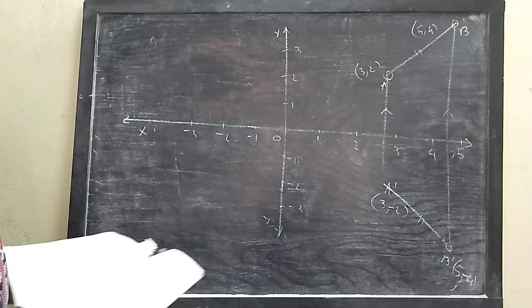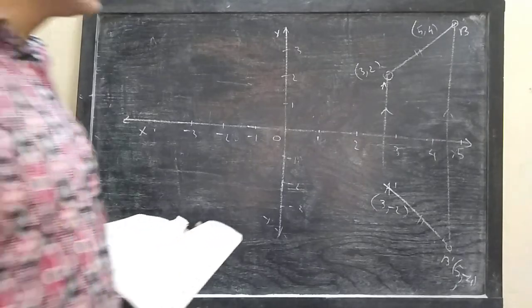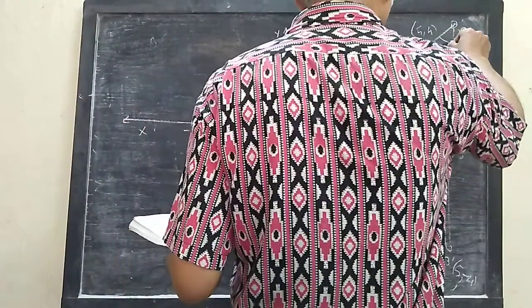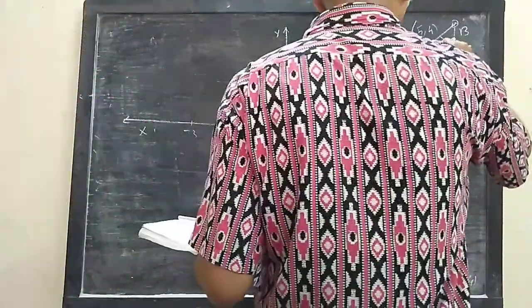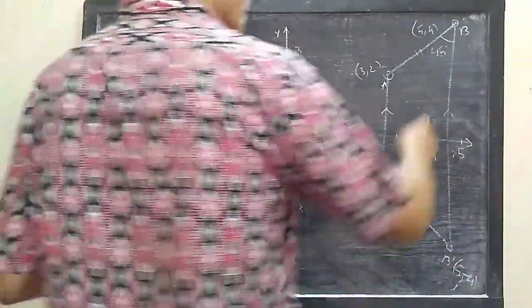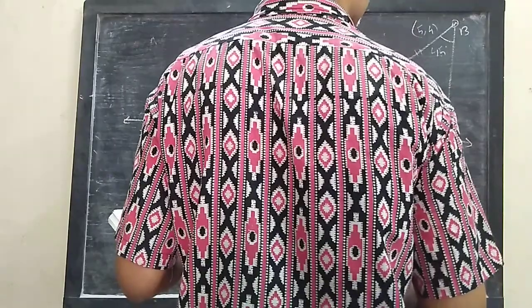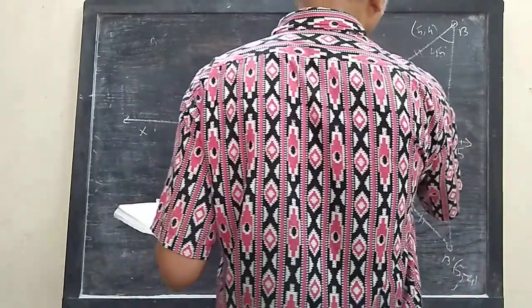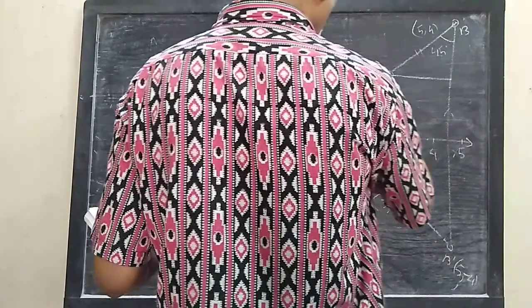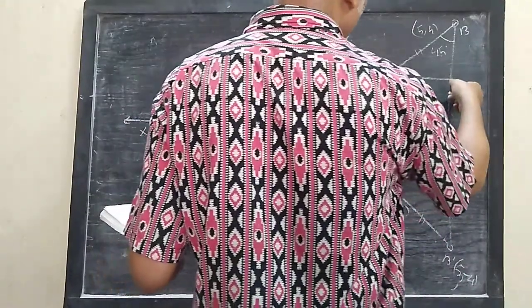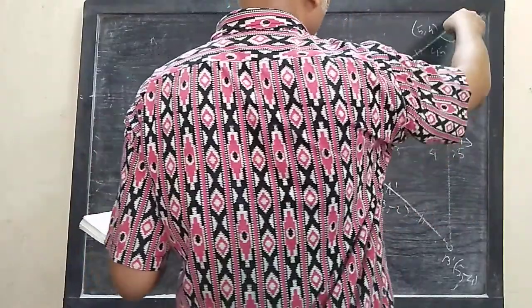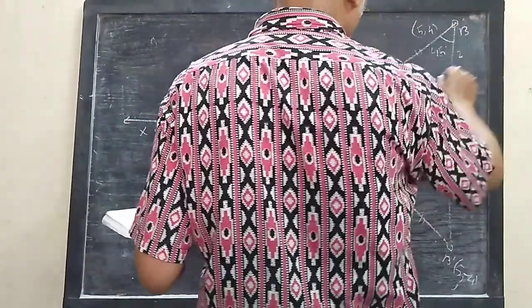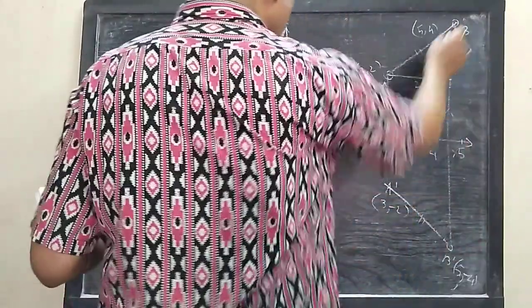Measure the angle AB, B dash. You have to measure this angle, and you will find this will be 45 degrees, as it is an isosceles trapezium. You can find it in this way also. Abscissa of this point is 3, abscissa of this point is 5, so this distance is 2 units. Ordinate of this point is 2, ordinate of this point is 4, so this distance is 2 units. So this is an isosceles right angle triangle, so this angle must be 45 degrees.